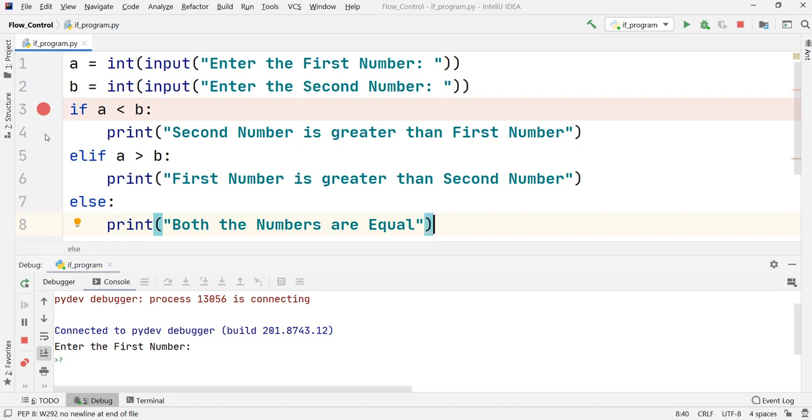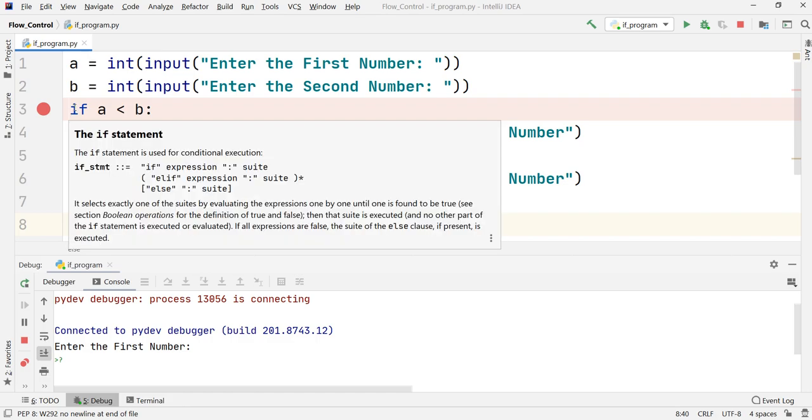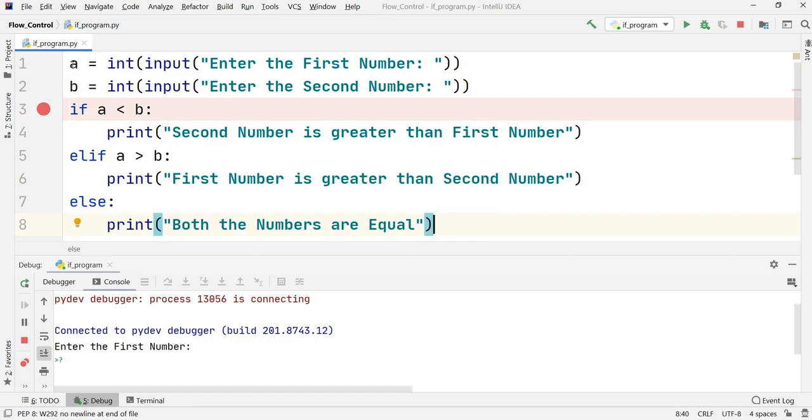Okay, so that is the one thing that you will have to make use of, because I want to see the execution of my code from this if point onwards. Other code will also execute. The only thing is that the debugger will come into picture from line number 3, because I want to see how Python is behaving from that point onwards. You can set it at any point you want.